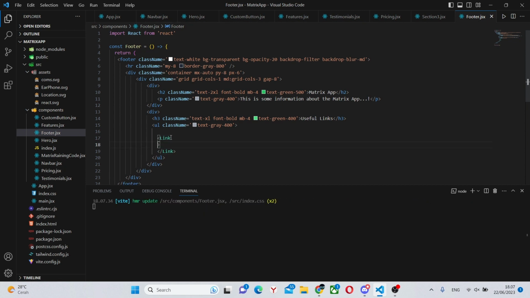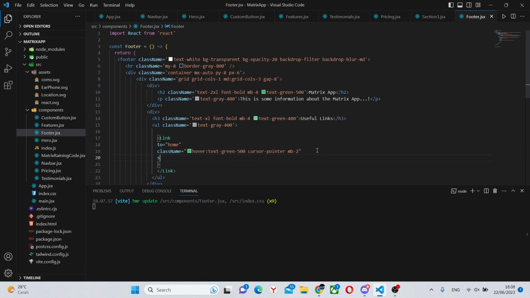This link is going to go to home. It's going to have a class name of hover:text-green-500, cursor-pointer, mb-2, like this.